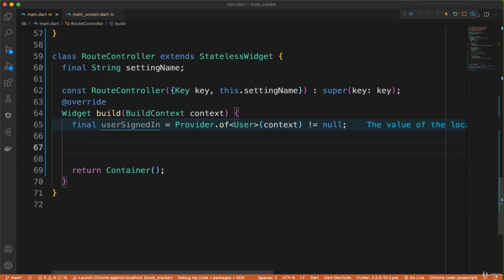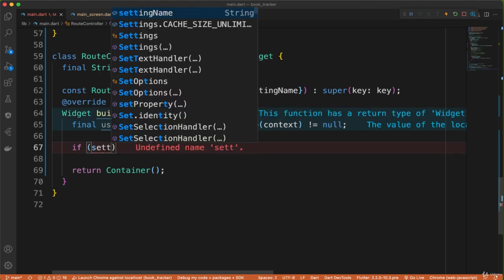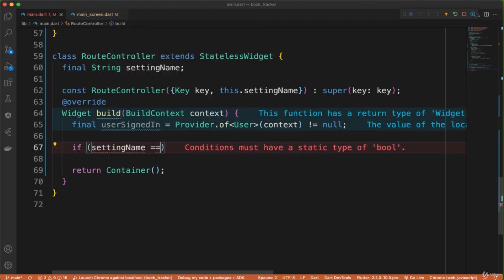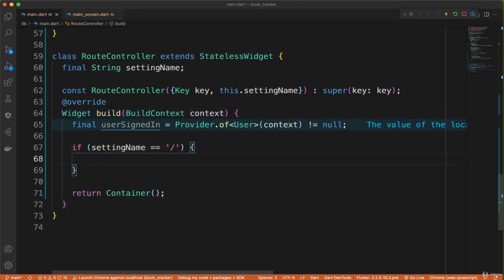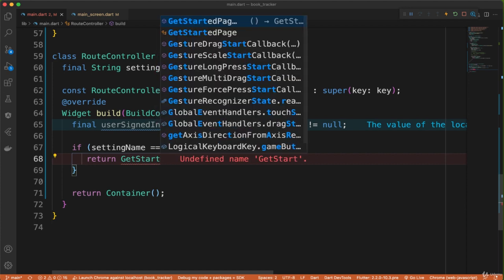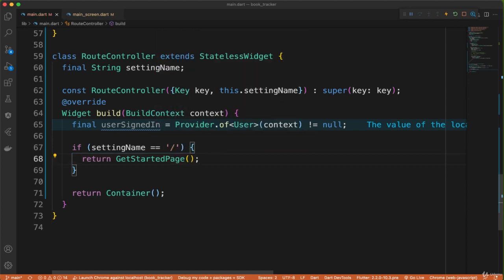So now we can do things like this. We can say, for instance, if settings.name is equal to, we're going to return what page? We're going to return the get started page, I think that's what we call it, like that. And I'm going to say else if